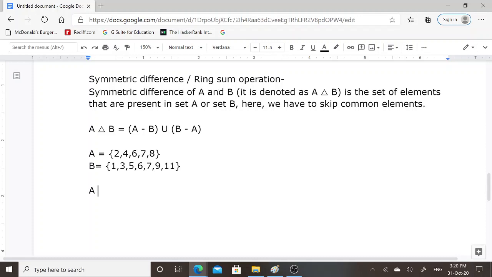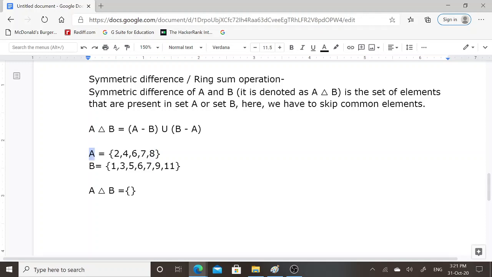Set A symmetric difference set B will contain those elements that are present in set A or set B, but here we have to skip common elements that are present in both sets. 2 is present only in set A, likewise 4 is also present only in set A. 6 is present in set A and set B. 7 is also present in set A and also in set B. 8 is only present in set A.